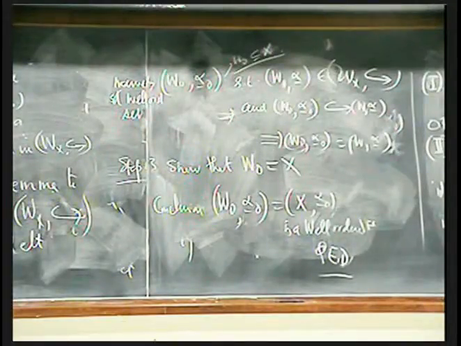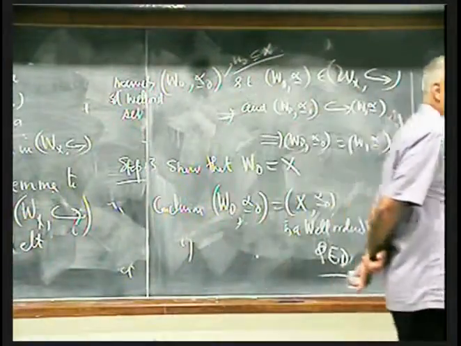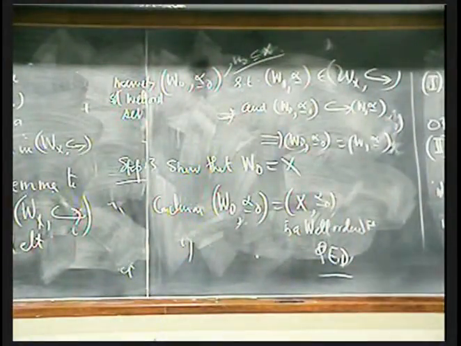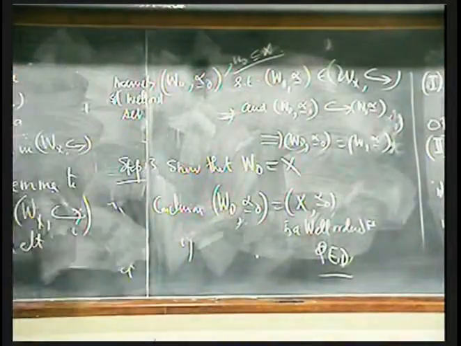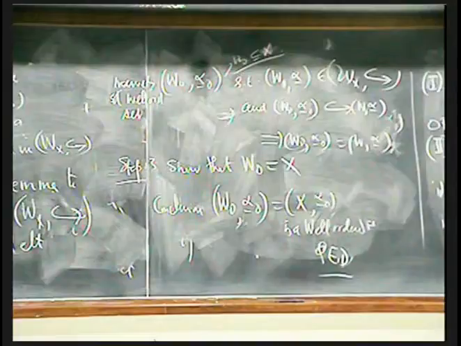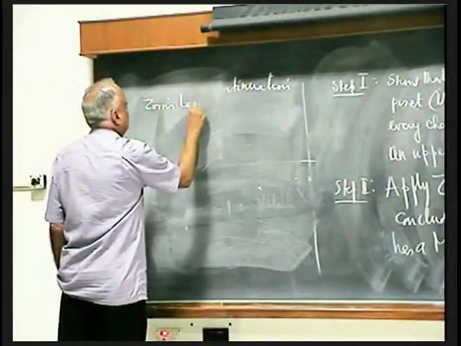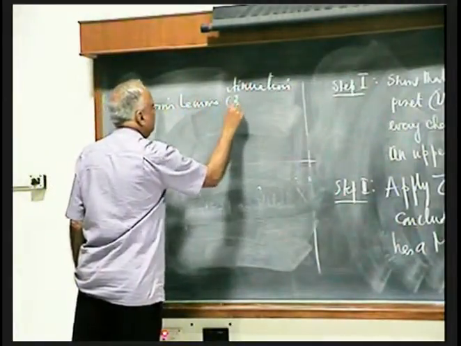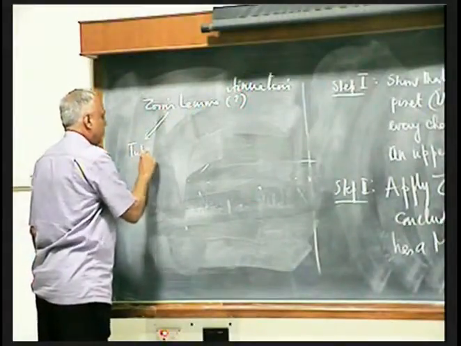Okay. So I'll put the details in the lecture notes. I'll skip writing them here, otherwise it will take a lot of time writing again and again. So therefore, so far, what have we got? We had Zorn's lemma, which we did not prove, okay. But if we had this, we had two key